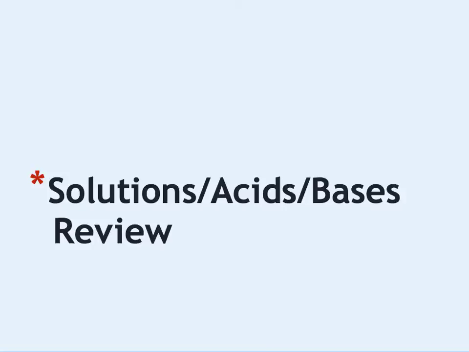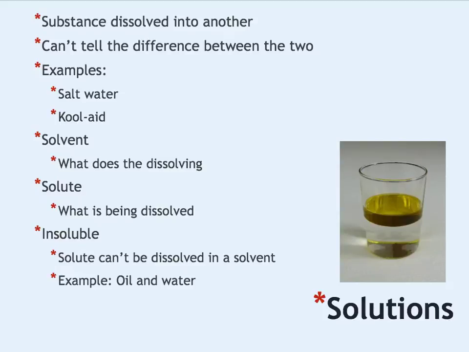upcoming test. First, we have solutions, and basically a solution just means that substances are dissolved into one another. So you're going to have two different substances, and they basically can make something new, and you can't tell the difference between the two of them. So examples of that would be salt water, Kool-Aid, you can have coffee and sugar, usually any type of main liquid that you can think of where something's being put in another,